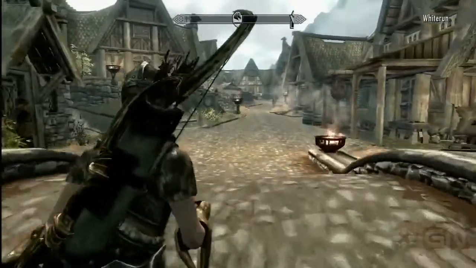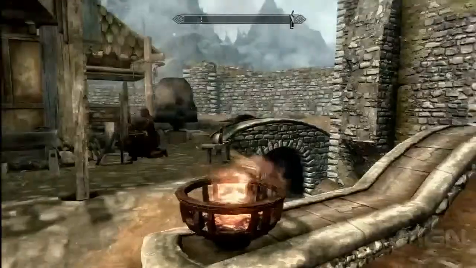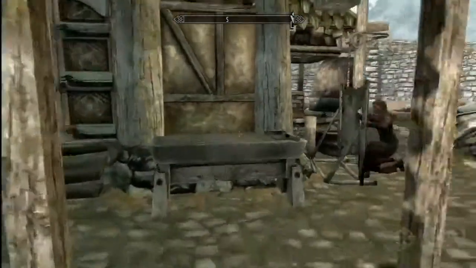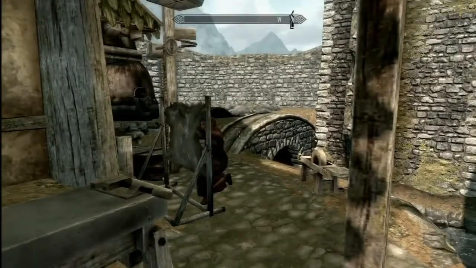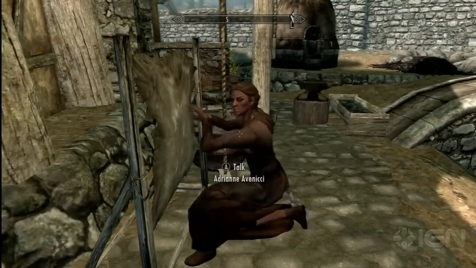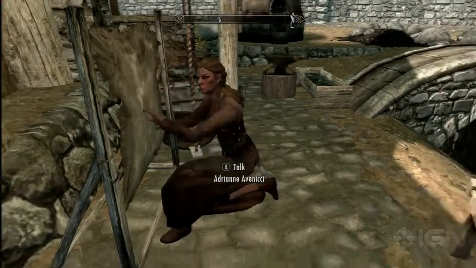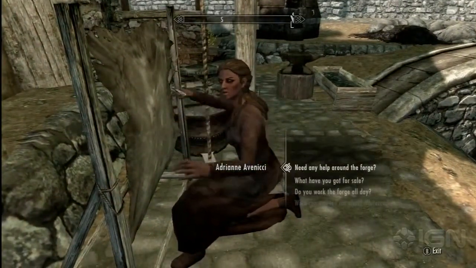After a quick edit, making my 360 seem like it has the fastest loading time ever, we arrive in Whiterun. So in Whiterun, as soon as you arrive, you're by this gate, and you see this person working outside. Now, it is actually 9:32 a.m., so you got to do it during daytime. And you will see that Adrienne Avenicci, whose name I probably just did not pronounce correctly, is outside working away. Well, if you talk to her,